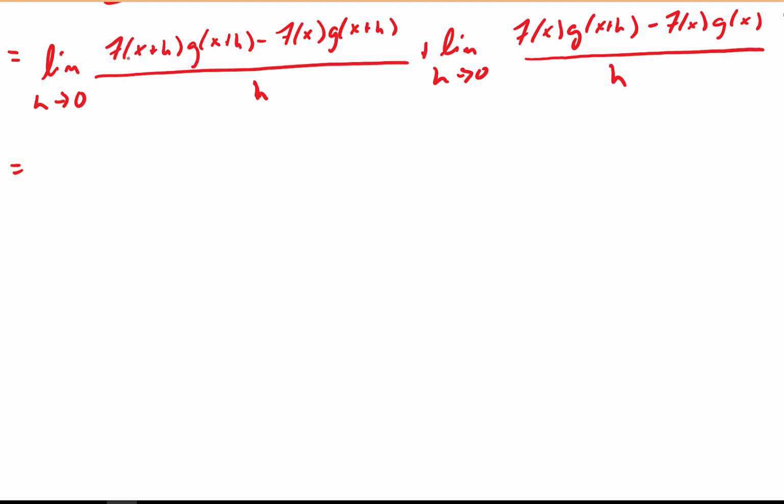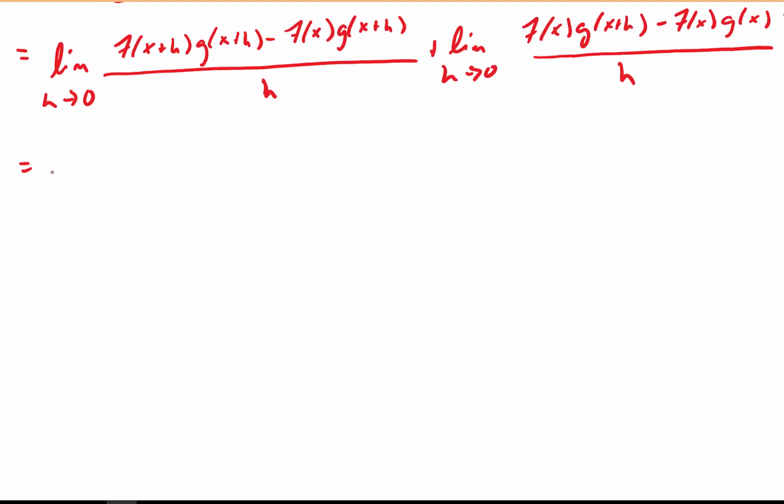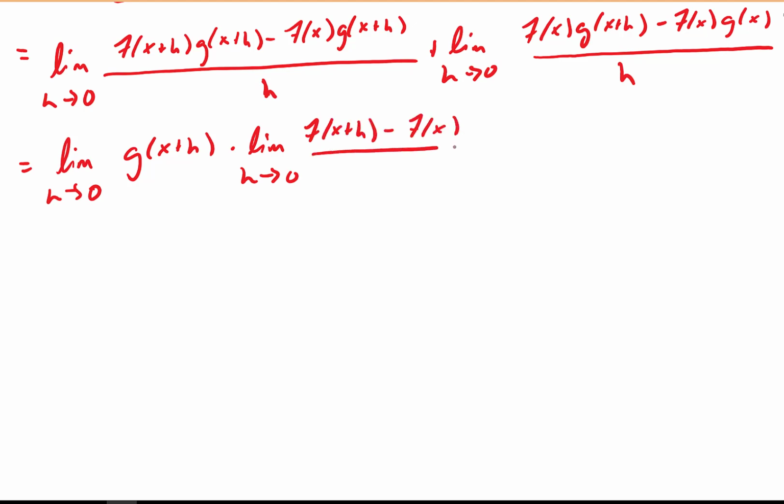Notice that in the numerator, I've got two factors here of g of x plus h. Notice that? So I'm going to pull these g of x plus h factors out of the fraction, and then I'm going to distribute the limit over the corresponding product. So that gives me the limit as h approaches 0 of g of x plus h times the limit as h approaches 0 of f of x plus h minus f of x all over h, plus